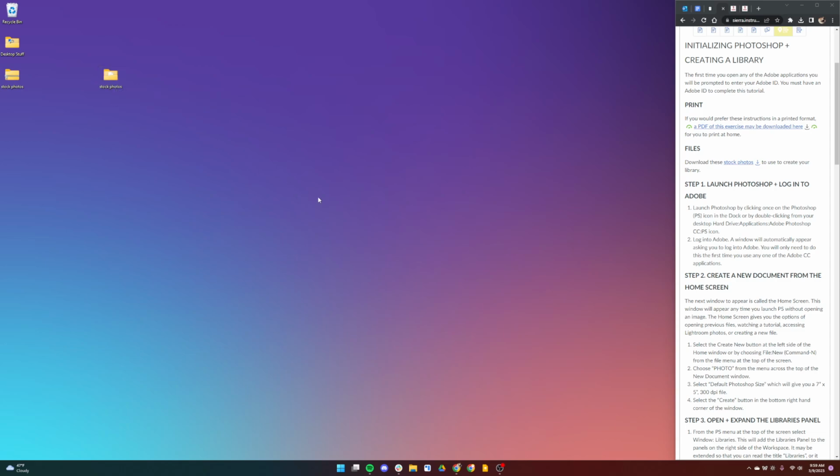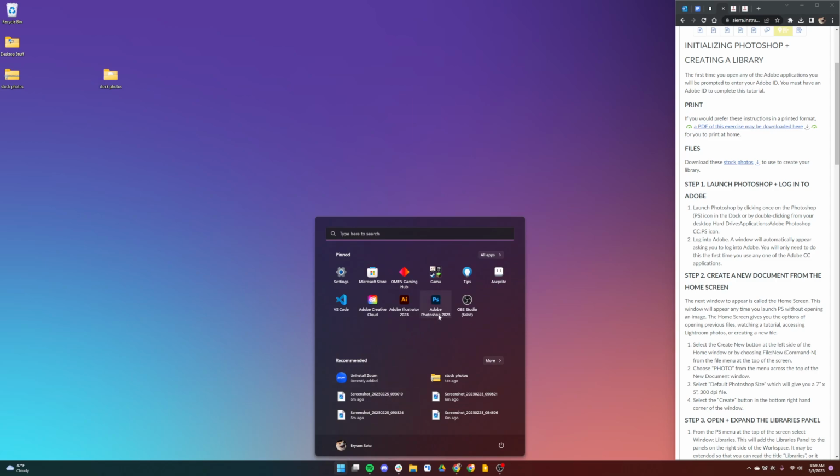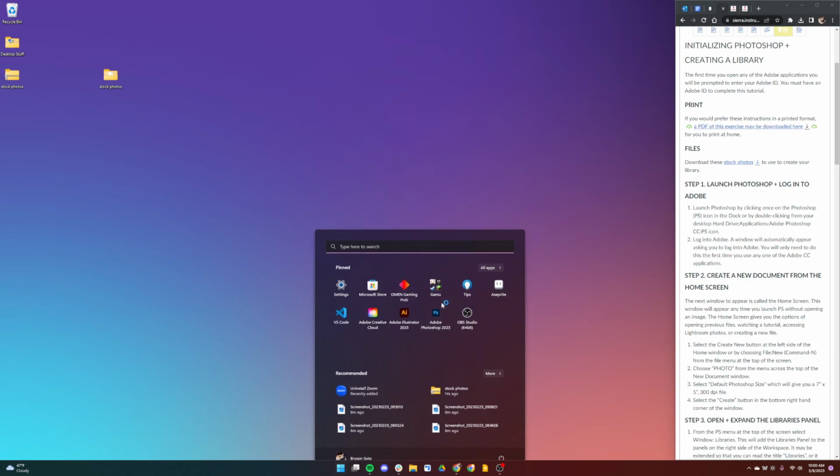After that, you're going to want to launch Photoshop. For me, I have the shortcut here. You might have yours somewhere else. It could be on your desktop over here, or if there's none, then you can just type Photoshop in the search bar here if you're on Windows. So I'm going to launch Photoshop here,